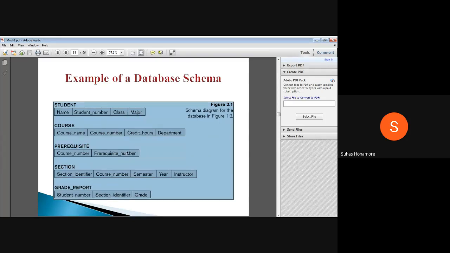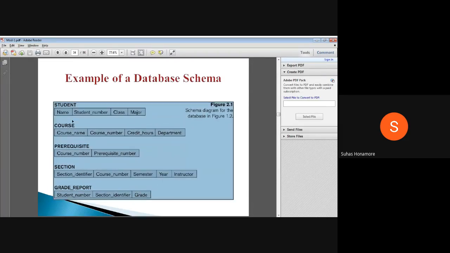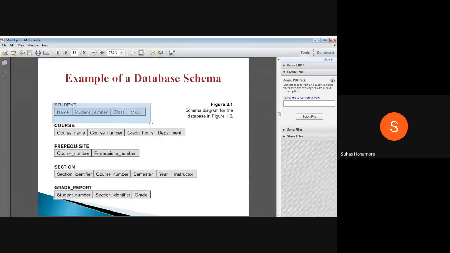So it has 5 tables, and each table has a different number of columns. Some have 2, some have 4, some have 5, different columns like that. So this entire thing is actually our database whenever you are entering values for these columns. Now, we have a table name, and if we look at the first one, it is student related. We have a student table, with student name, number, class and major. Like that we have only 4 categories.